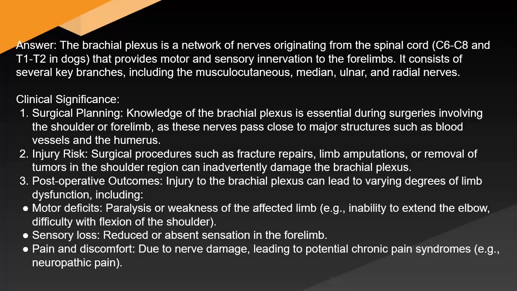Clinical significance: surgical planning. Knowledge of the brachial plexus is essential during surgeries involving the shoulder or forelimb, as these nerves pass close to major structures such as blood vessels and the humerus. Injury risk: surgical procedures such as fracture repairs, limb amputations, or removal of tumors in the shoulder region can inadvertently damage the brachial plexus. Post-operative outcomes: injury to the brachial plexus can lead to varying degrees of limb dysfunction, including